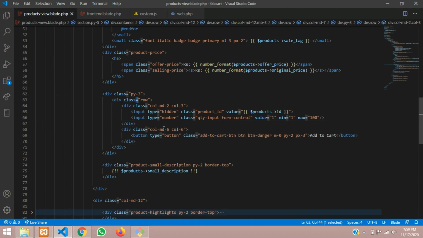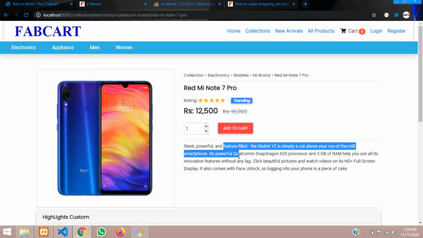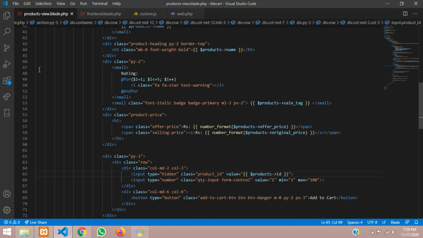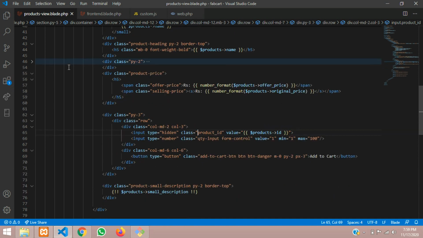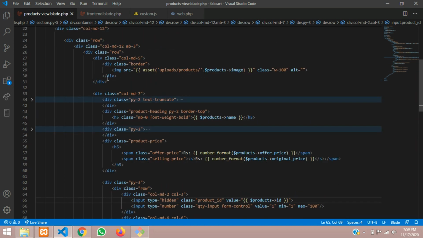So anything closest of this, when we click on this cart button, add to cart, that time closest of it should get the value. I am telling closest of value because if you have single data over here, you may not require it. If you have multiple products, that time you need the closest value to get and store. So now, what we will do, let me minimize this.